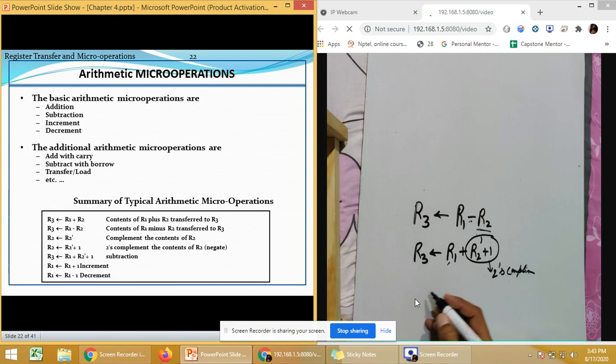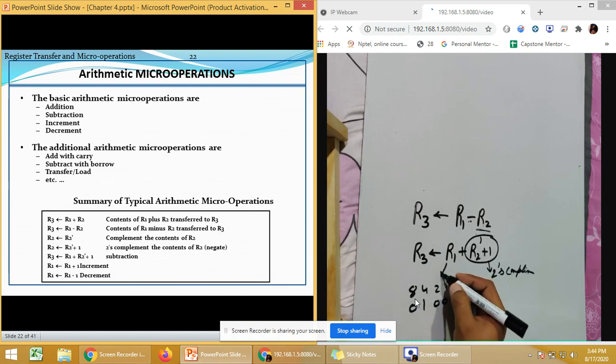So let us suppose that we are having a value 4 in R1, and how do we write 4? I will use 4 bits, 0 1 0 0. Okay, this is 4. So I will be doing like this. R3 is going to get the value of 4 minus, I want to subtract 1 out of it. So I want to get the answer. How we will get the answer?